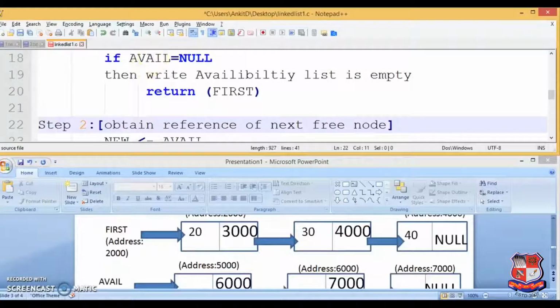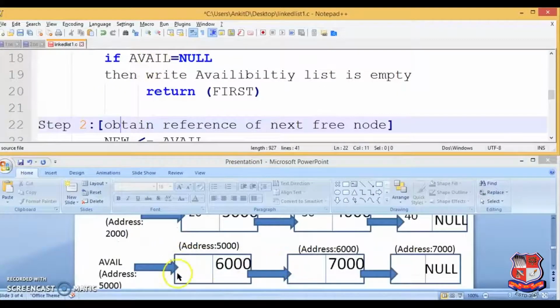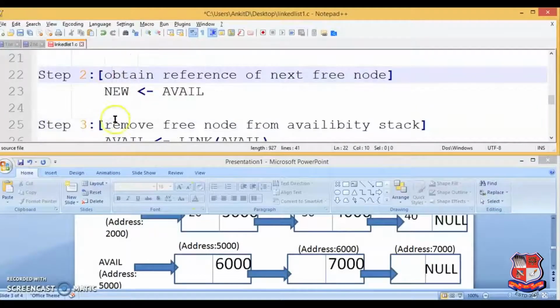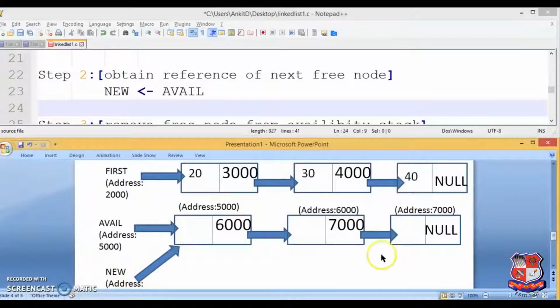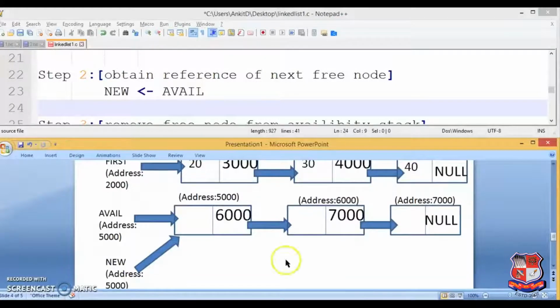Suppose the avail is not null. Suppose we have this scenario: 6000, 7000 and null. In that case we'll go to step 2, obtain reference of the next free node in the avail list. Now what we have done over here is that we have taken a new pointer. This is the free node available right now.